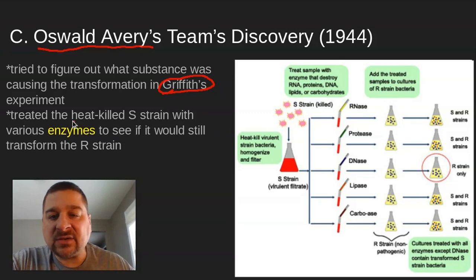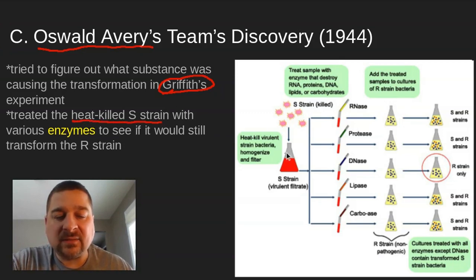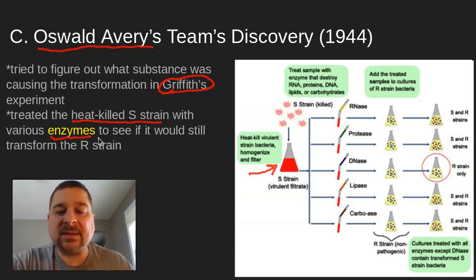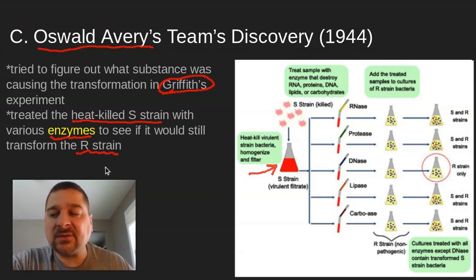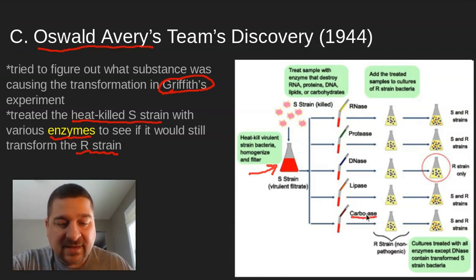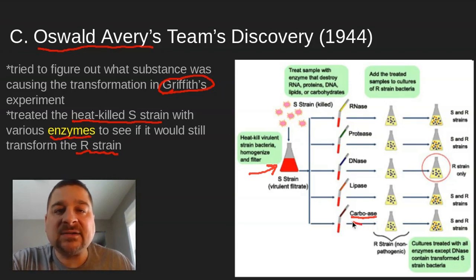So what they did is they took heat-killed S strain. Okay, so over here in the vial, they took the S strain bacteria, heat-killed it, filtered it, and then treated it with different enzymes to knock out certain substances to see if it would still transform the R strain. Okay, so in your notes, the first one, the polysaccharidase, they just have that as carbase. In other words, taking out polysaccharides or carbs,